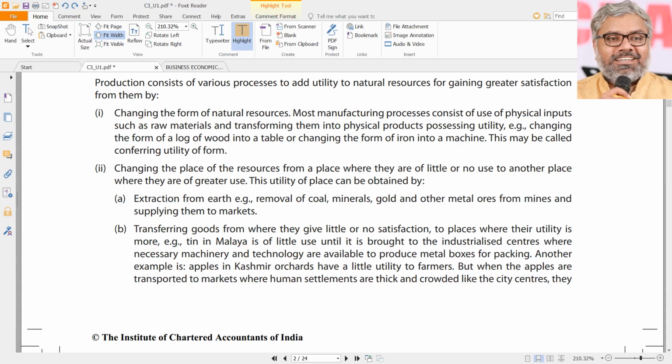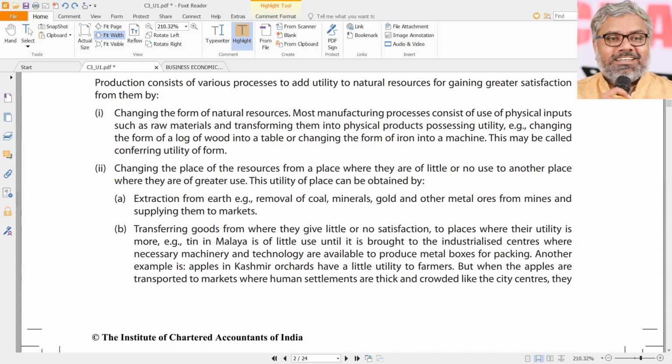Whether matter can be created or cannot be created is debatable. There are so many scientists who still say it can be created. They're trying, let them try. That is their job, none of our business. Our job is to understand from the point of view of economics what production is. Production is about transforming inputs into outputs, simply speaking. That is the process. That's what production is all about.